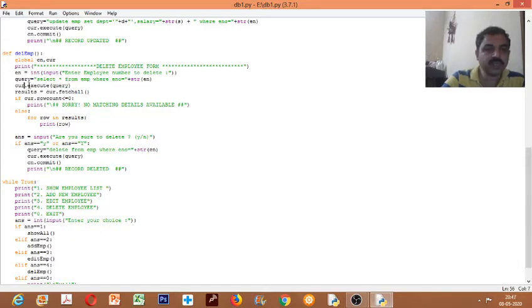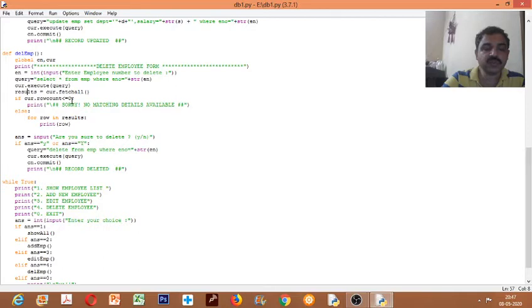So after execution, cur.fetchall function, as we saw earlier, extracts the data from the database and stores it in a result set. Here the result set name we have given is results. Under results the data will be stored. We can also check if cursor.rowcount is less than or equal to 0.